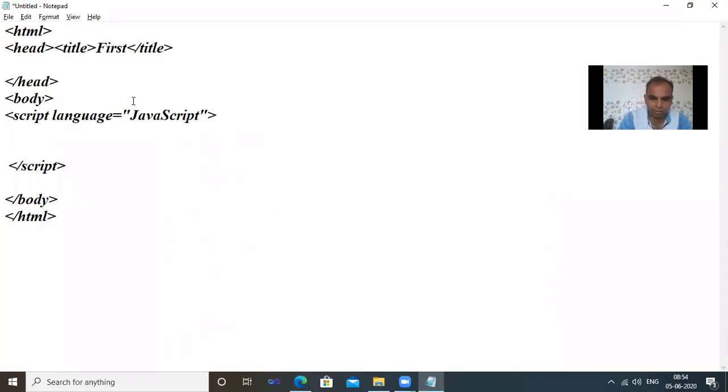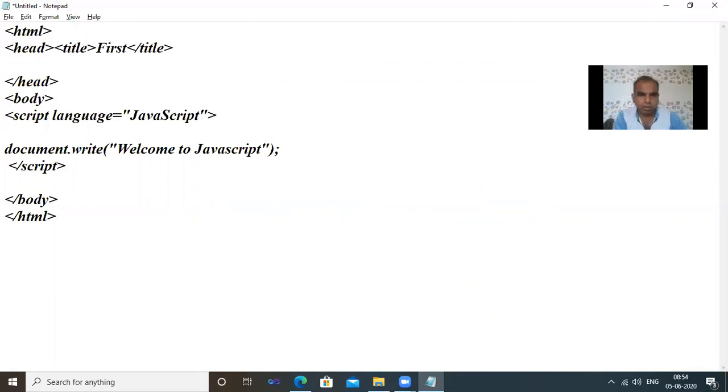How can we write it? See that: document dot write, welcome to JavaScript. Each and every statement closes with a semicolon.